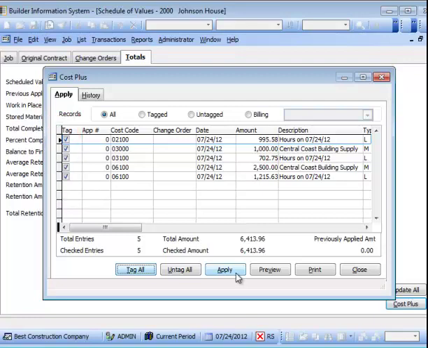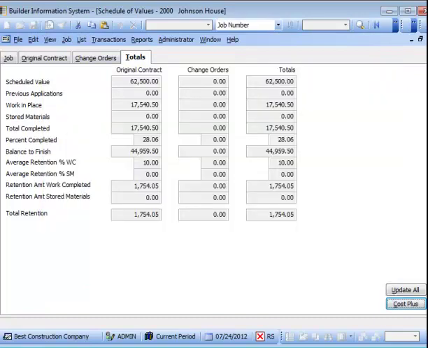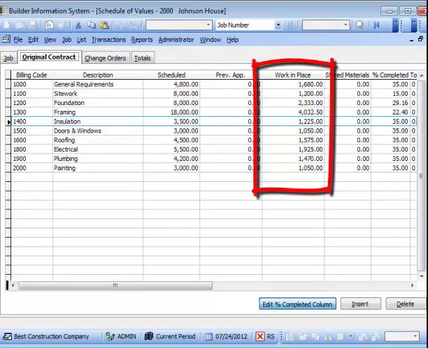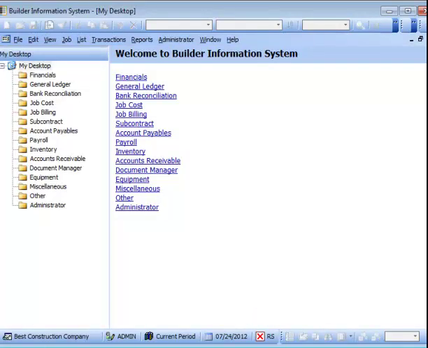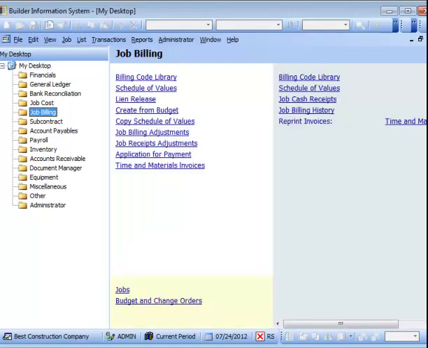Once you click Apply, it simultaneously closes the form and applies the corresponding Cost Plus markup percentage to all the applicable costs for all the billing codes affected. Those work in place amounts and retention values as they are in the Schedule of Values will be reflected in the application for payment. To initiate an application for payment, select the Application for Payment link in the white area